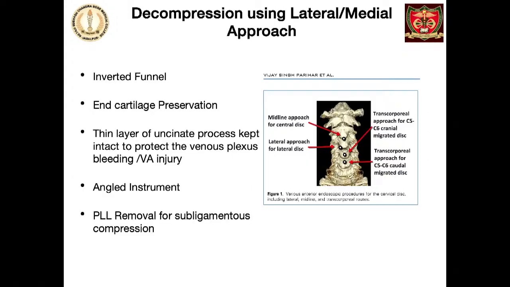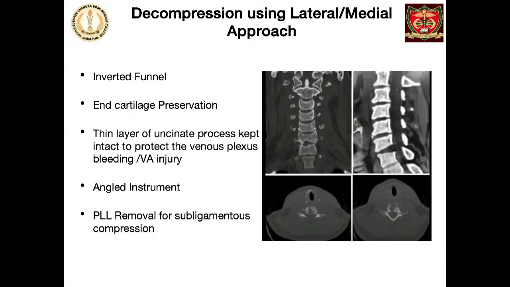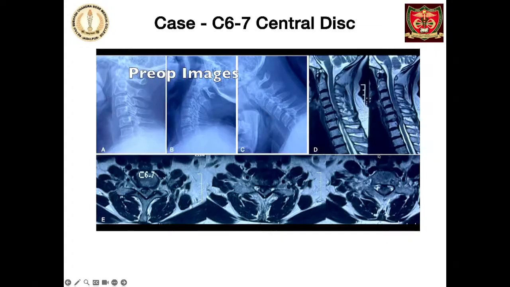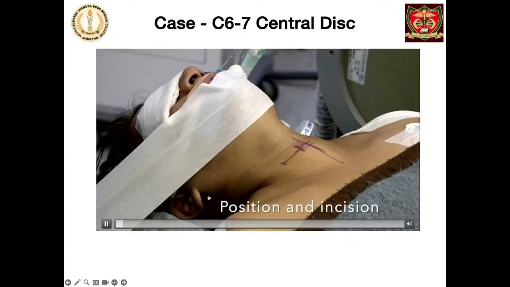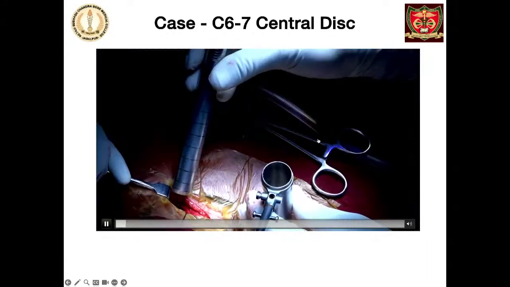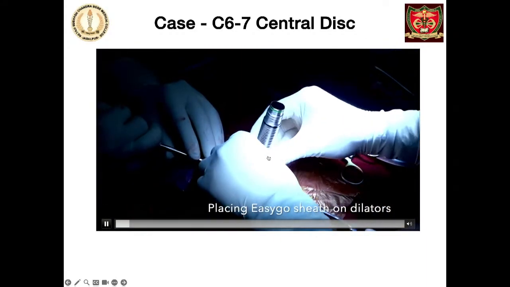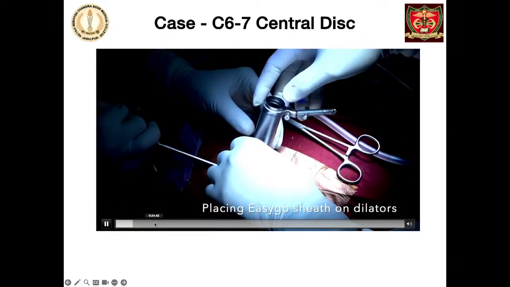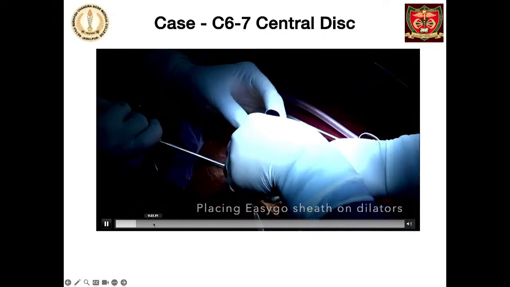So surgery of disc preserving was done with the same principle as ACDF. You have to make a space between the esophagus, trachea and the large vessels on the lateral side, and then you dock your endoscope, and then you create an inverted funnel. After drilling the smaller part at the front, initial part of the body, the larger drilling is done at the posterior end to decompress the thecal sac.